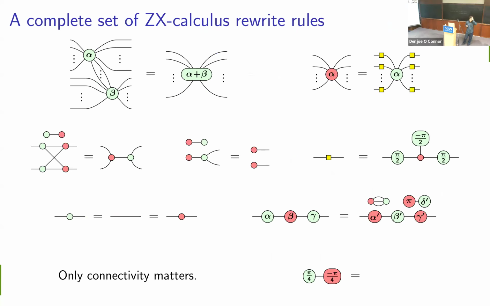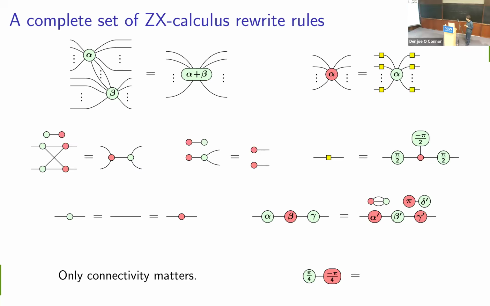And obviously just being able to move things around in the plane isn't the most useful thing. What we also have is this complete set of rewrite rules. These are basically little basic equations between different ZX diagrams. And completeness here means that whenever two ZX diagrams represent the same linear map, using this set of rewrite rules, we can transform one into the other. Not necessarily efficiently, but we're guaranteed that there exists some sequence of applications of these rules where we identify a small part of the diagram that is equal to one side of one of these equations, and then we cut it out, we replace it by the other side of the equation, and then proceed in this way.